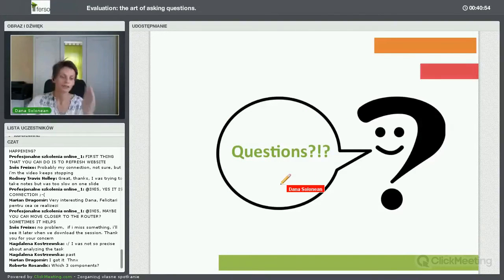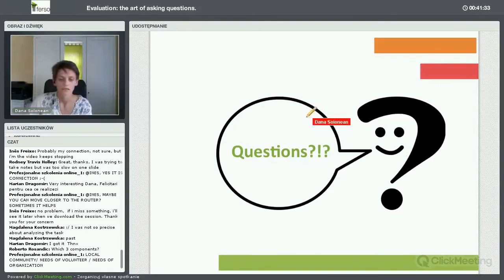Now, which 3 components do I see here? The 3 components, again, are needs. It's the local community, so your beneficiaries. It can be children, it can be seniors, it can be the LGBT community, it can be people with disabilities. So who are you doing the work for? The local community, the beneficiaries. Then you have the needs of the volunteer, of course, and his personal needs to develop. And then you have the needs of the organization. So what do I need? You're actually acting as an intermediary between the volunteer and the local community, but the organization also has its own needs. And now I want to focus on questions, because